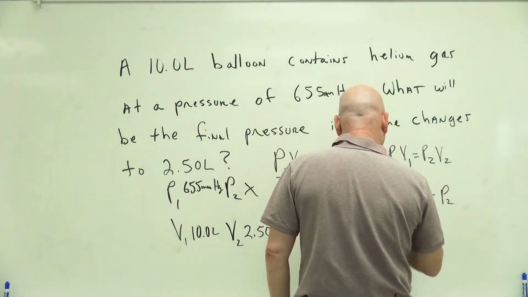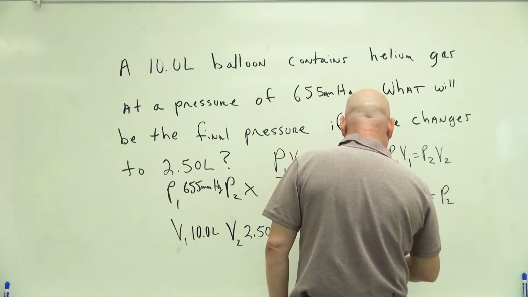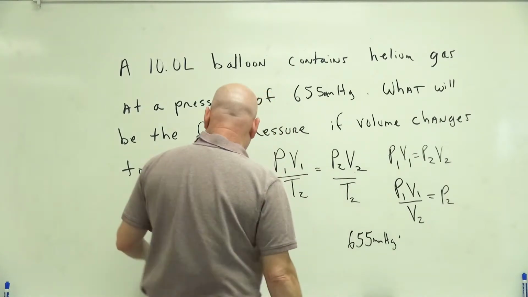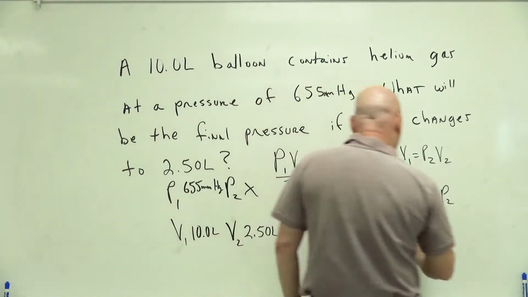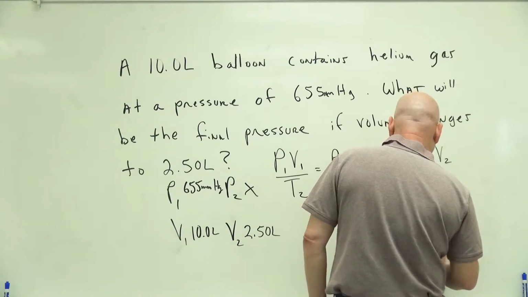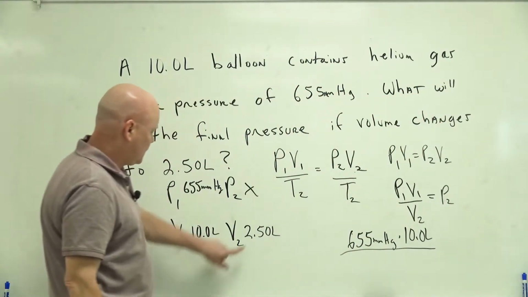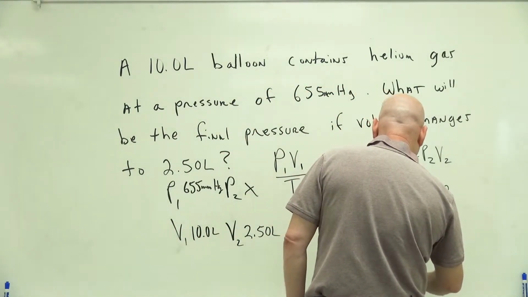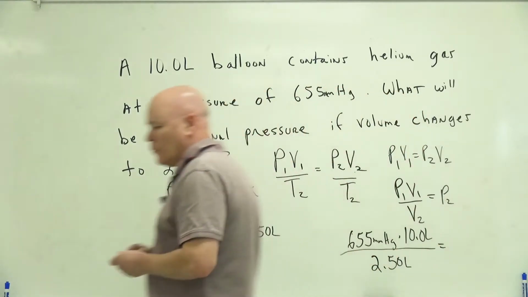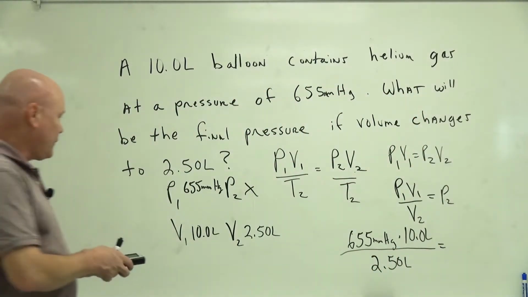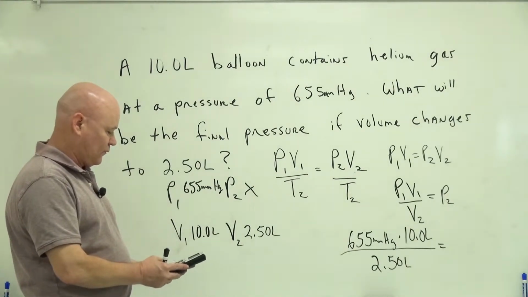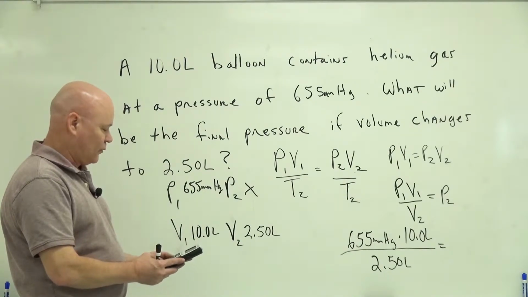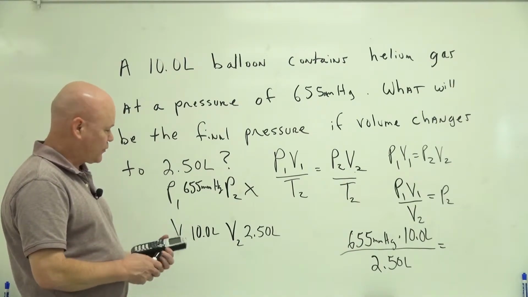So what do we got here? I got P1. Well, that was 655 millimeters mercury. I've got V1. Well, that was the 10.0 liters over there. Divided by V2. What's V2? V2 is the 2.50 liters. Put those in my calculator. Let's see what we get. And so I put in 655 times 10.0 divided by 2.50, and I get a new pressure of